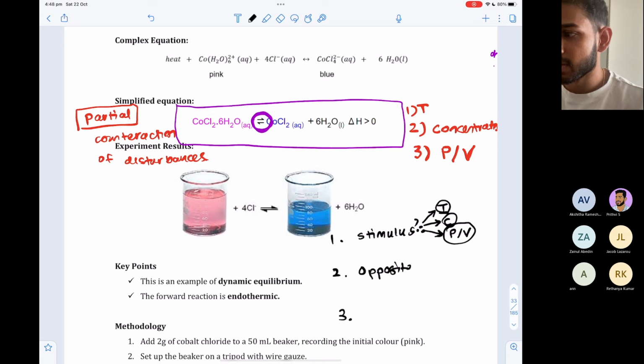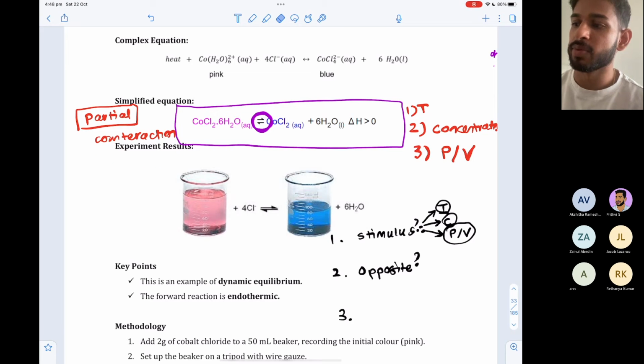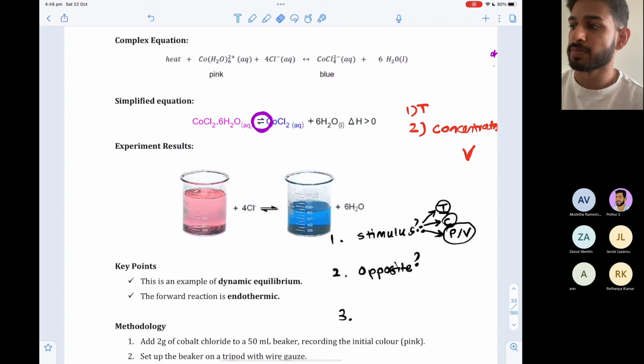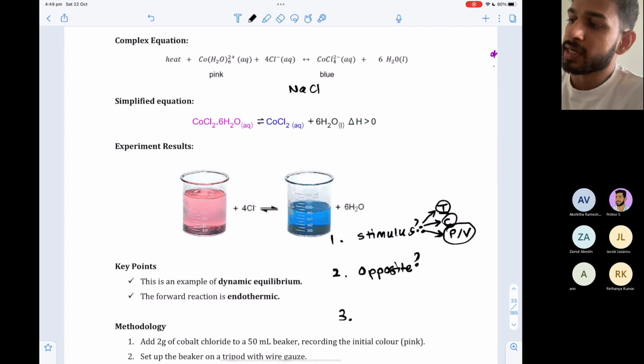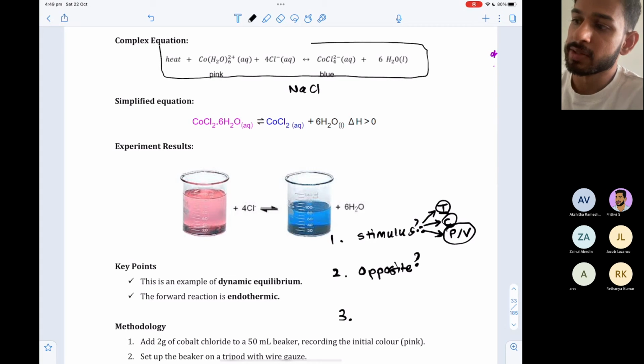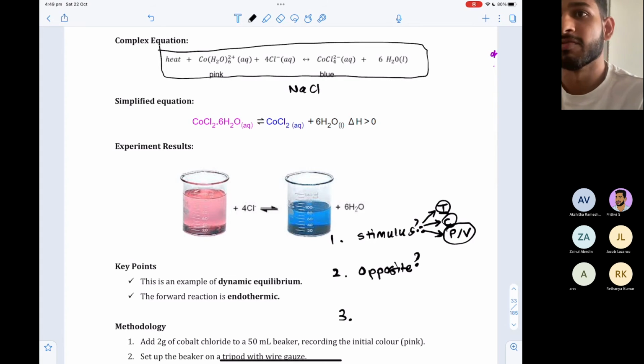The next thing I want you to ask yourself is, what is the exact opposite of that stimulus? Right? So let's go through an example. An example will help you answer this question. Let's say that I added sodium chloride to a container containing this system that you see here. So look at the equation that I've boxed out, okay? Now, when I add sodium chloride,